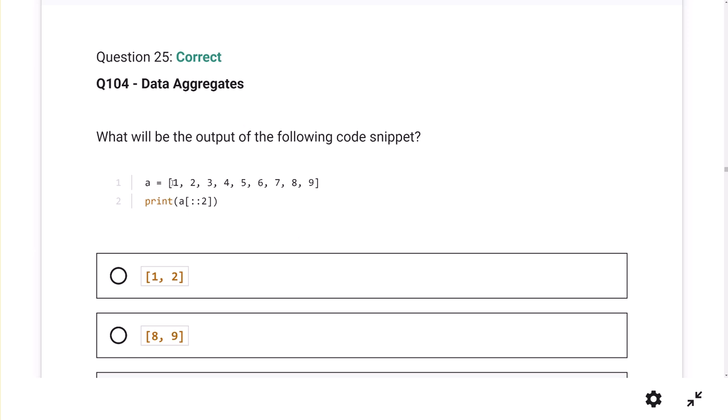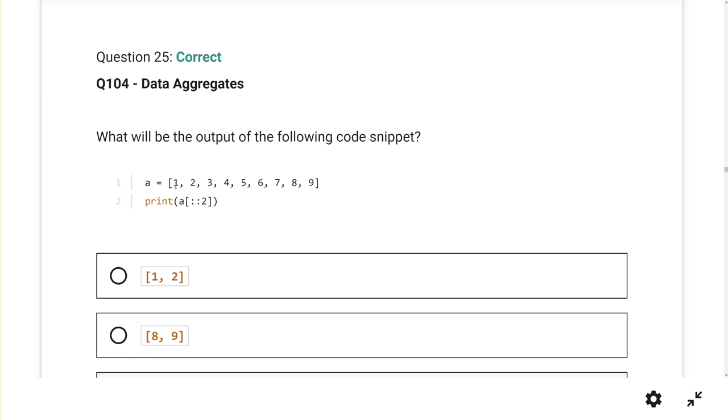We have an array, or we should call it a list, of things: 1, 2, 3, 4, 5, 6, 7, 8, 9. It tells us here, these two colons, to print A right here, from A, which is our list name, everything